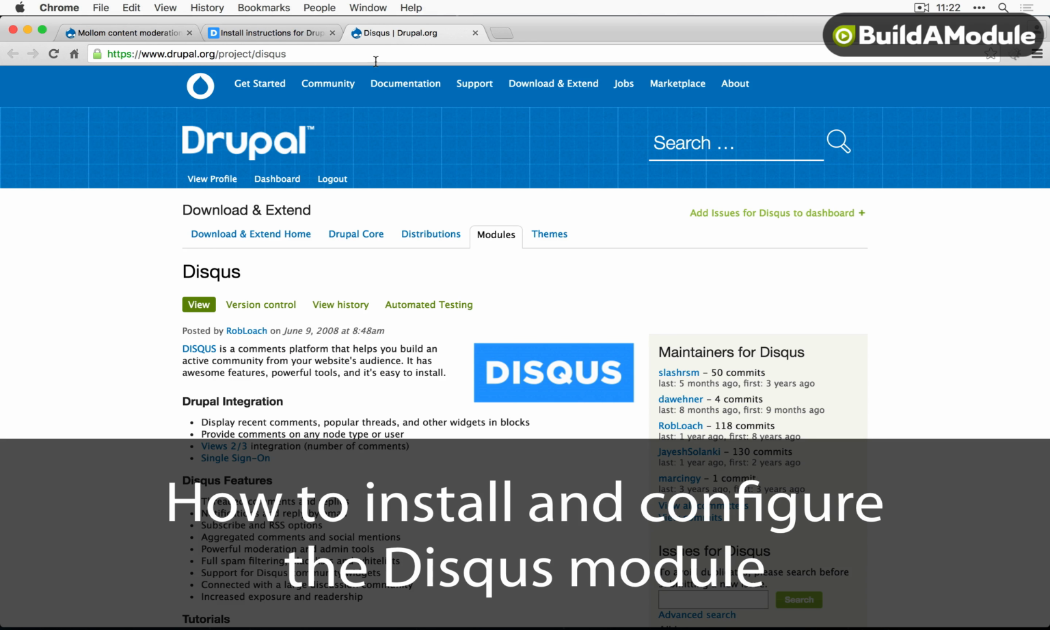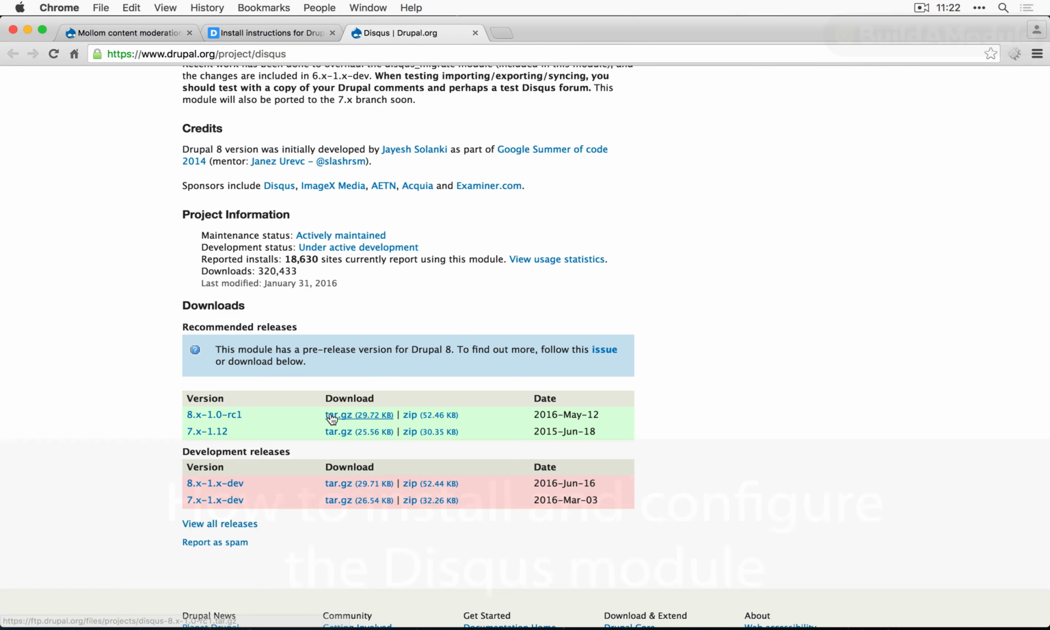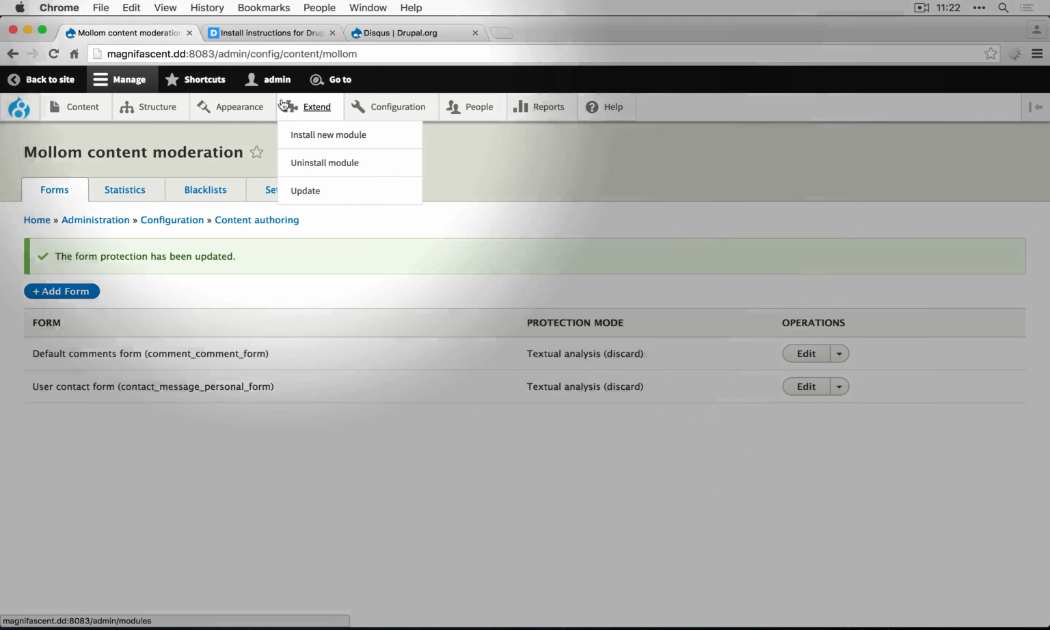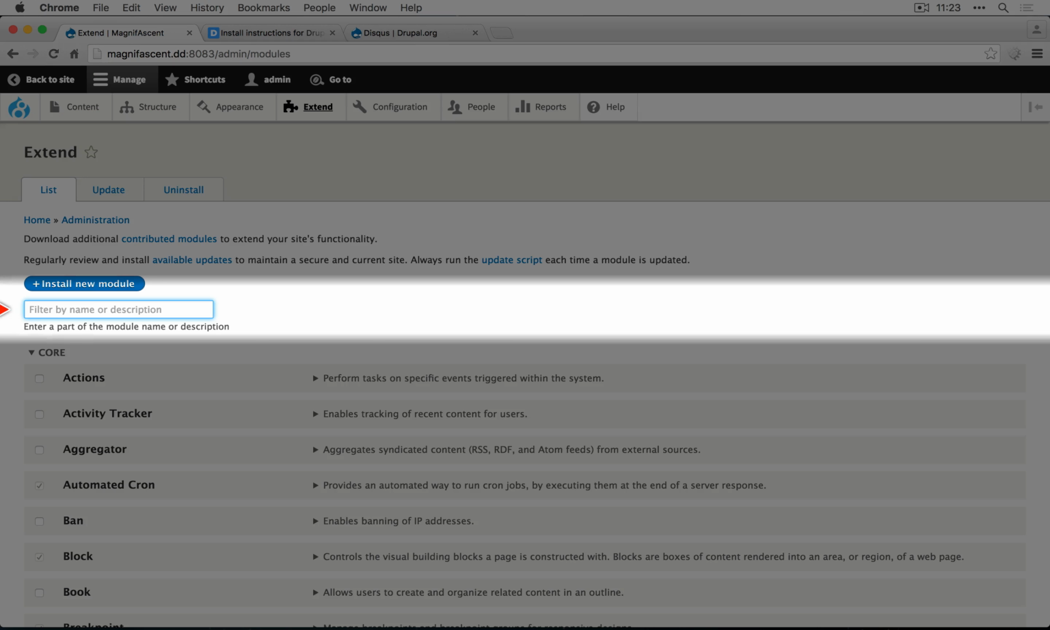I'm going to open that up in a new tab. We'll scroll down and we'll select the latest recommended version of Disqus. I'll copy the link address and go back to our site and we'll install a new module. I'll paste in the URL and click install. Now I'll enable it